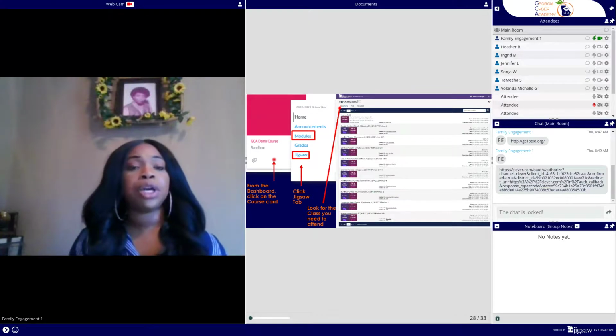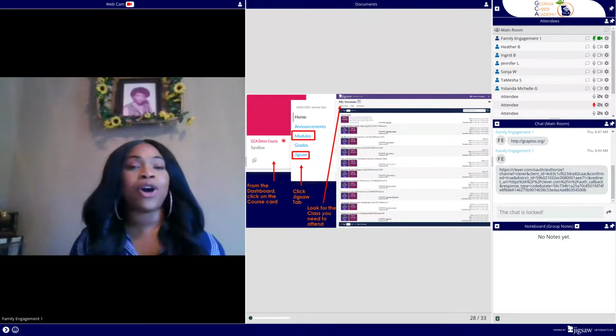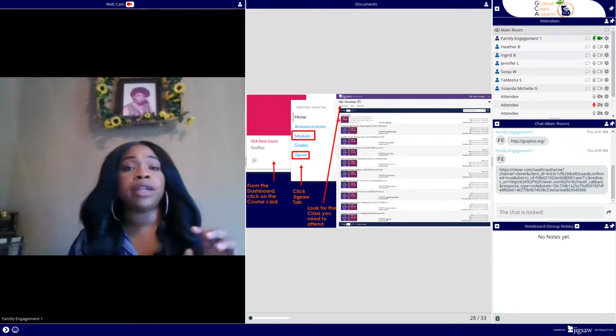Once you get there, you'll see your home page where your teacher is introducing themselves. But on the far left, you'll see it says Jigsaw. So if students are getting ready to go to class, it's 8 o'clock homeroom. Tell them to get into that course, click on the homeroom course card, and then get to class through Jigsaw. Jigsaw will pull up all of your sessions. You may see a screen that says join now or see all sessions. Make sure you select see all sessions so you're seeing all of your sessions and following that naming convention, homeroom